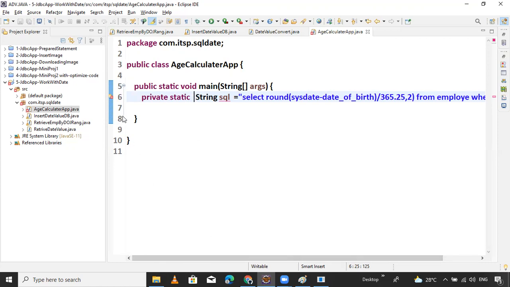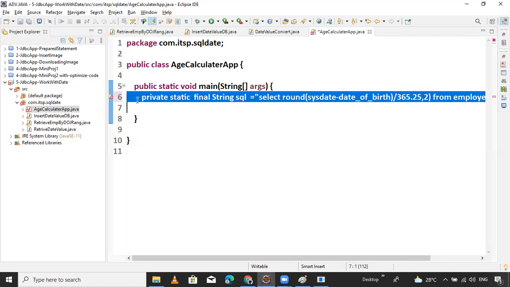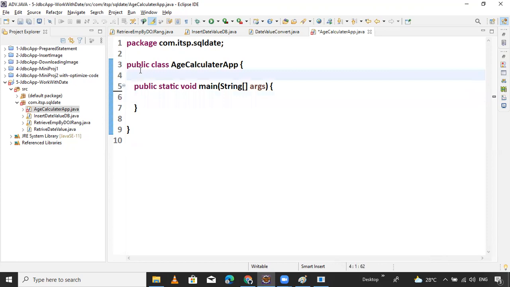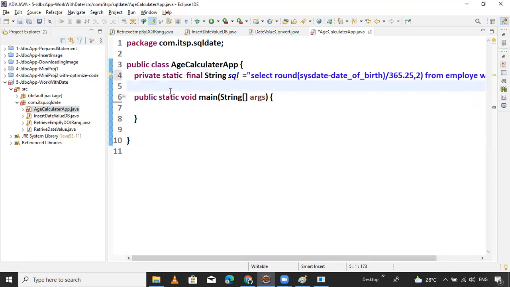Okay, we declared it inside the method, that's why. Now this is declared at the class level. Declare the query at the class level. Okay, now here.